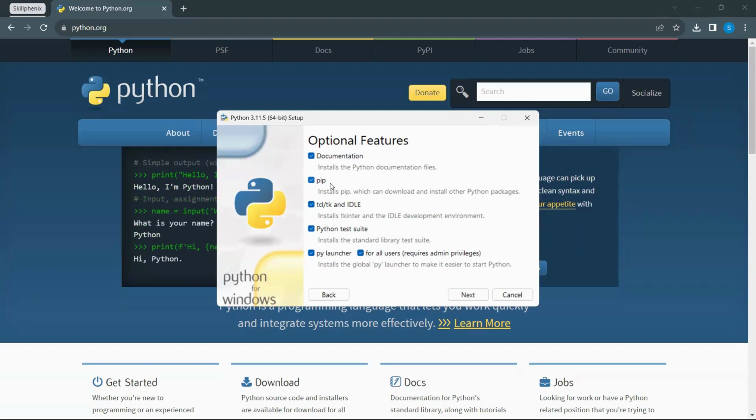Then you have the option to install the pip installer. I strongly suggest that you check this option, since Python comes with a lot of modules and packages. Those modules and packages have to be installed with a special installer called pip, so the pip installer will also be installed along with Python. And tcl/tk and IDLE is the important development environment; it has to be checked. And there is the Python test suite, which will be used if you are going to use Python for automation testing. And the py launcher